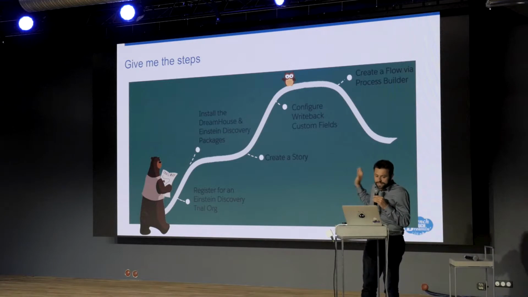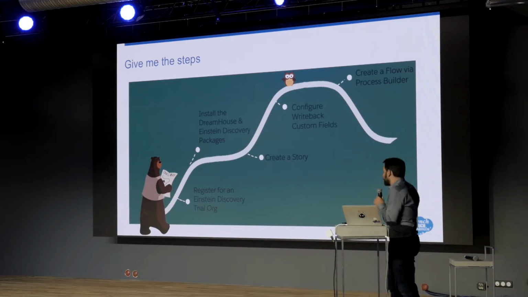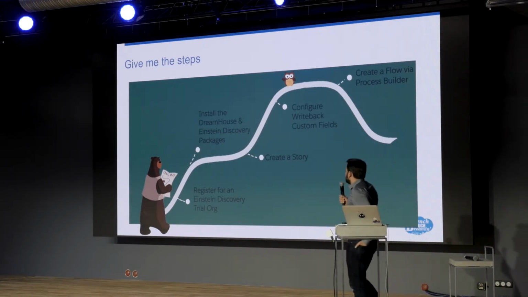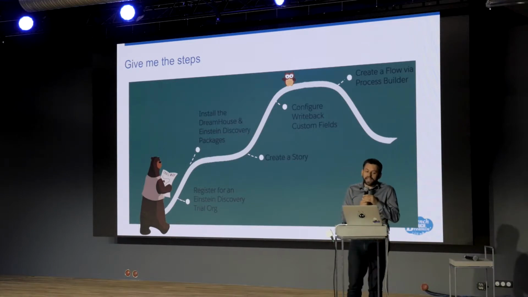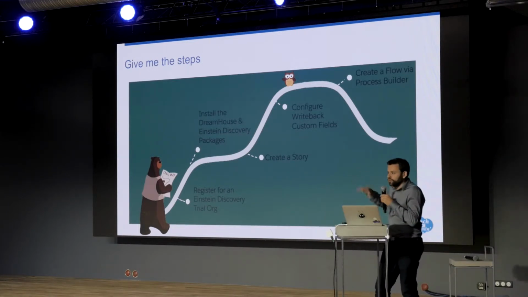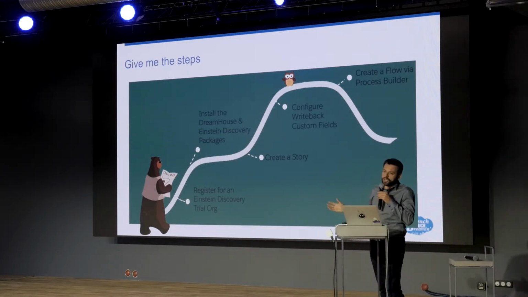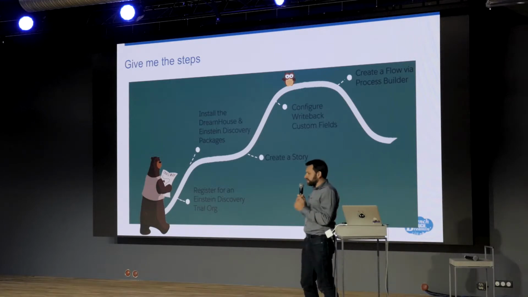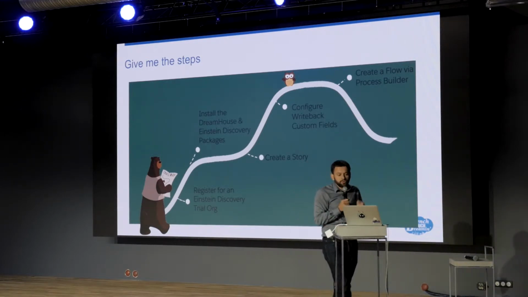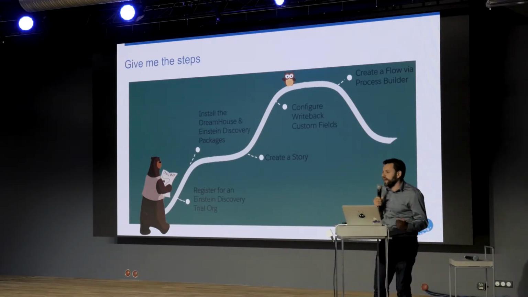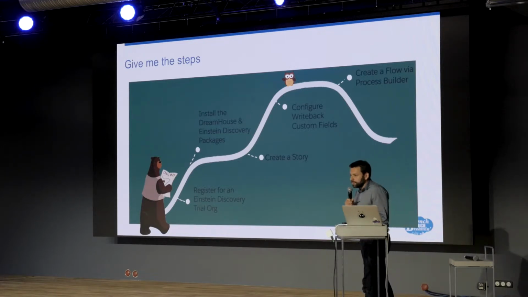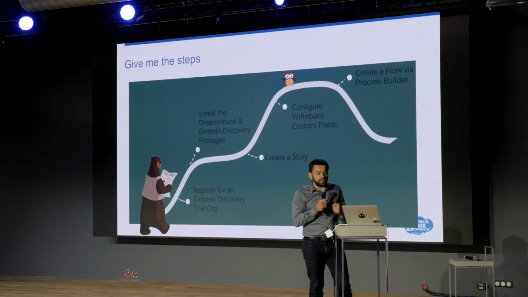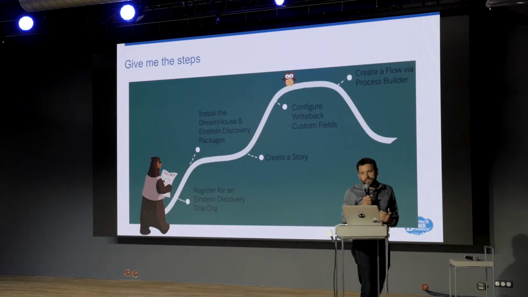Now if you want to do exactly the same as I did, you will deploy the Dreamhouse package, and also deploy a managed package that we have built to be able to do the write back, the communication between Einstein Discovery and your Salesforce organization. You will then create some custom fields on your record to be able to store the estimated price, the causes, the reasons, and how you can improve it.